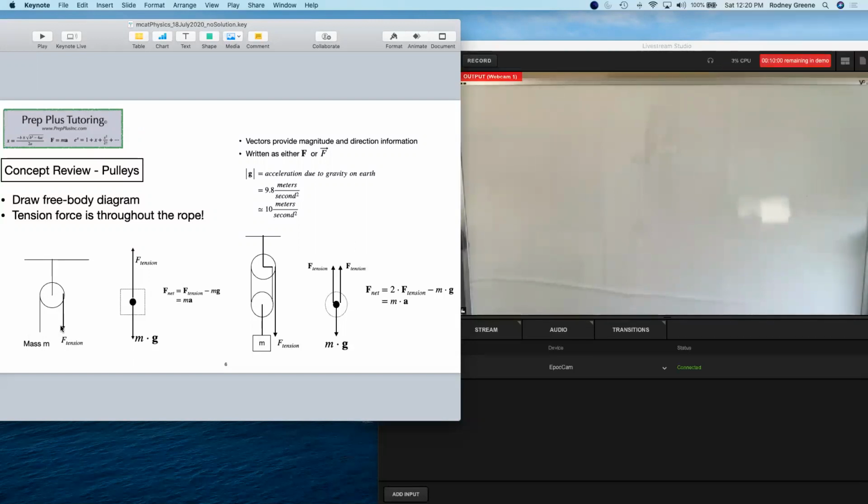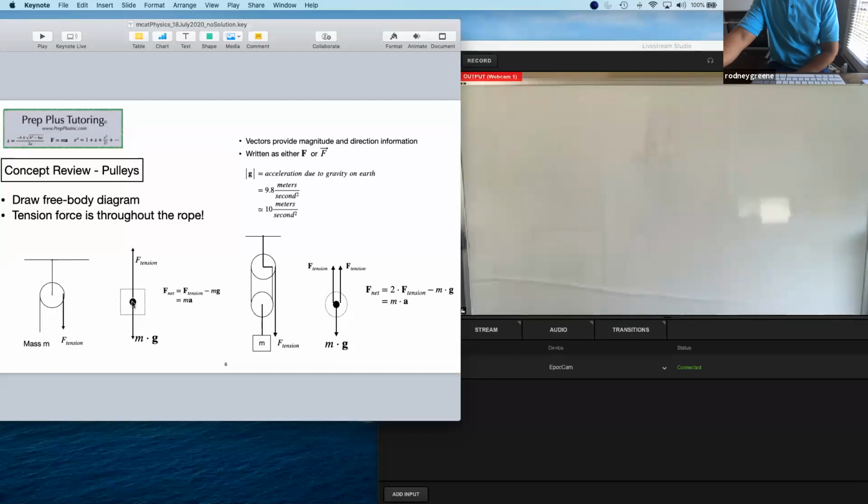So the force down is tension, and it goes along the entire rope. So you have a tension force along the entire rope. I'm about to roll this out to the garage. If you're interested in figuring out what's happening to the attached mass, you draw a free body diagram.